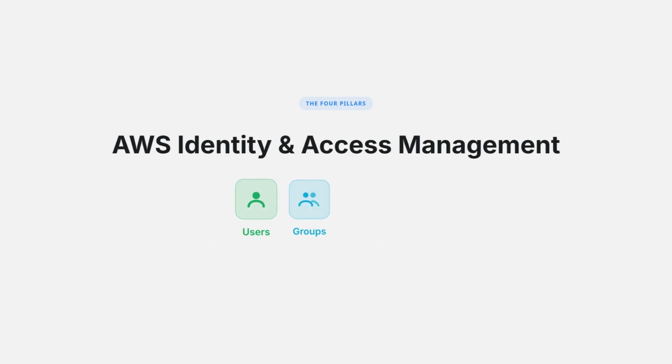In this video, we're breaking down the 4 pillars of IAM: users, groups, roles, and policies. By the end, you'll understand exactly when to use each one and how they work together to secure your AWS